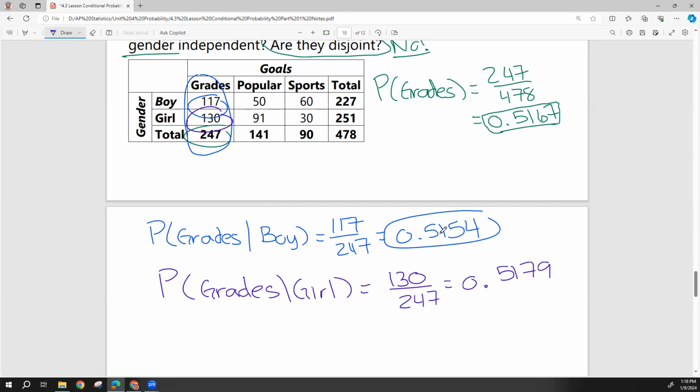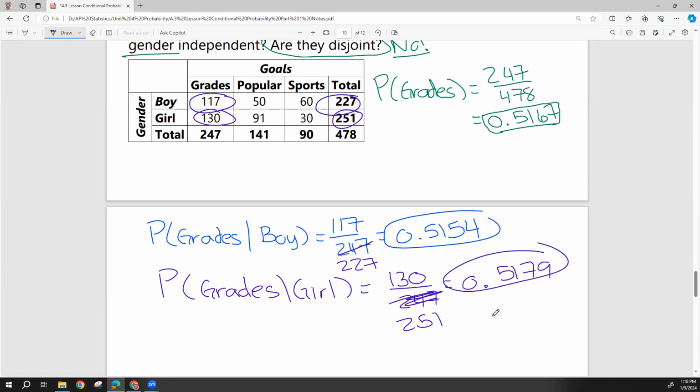Oops, I think I did this backwards when I was explaining. Sorry. If we're setting the condition of boys, we're looking at 117 out of 227. My calculation is still correct because I copied it off of my previous work. When I set my condition of being a girl, 130 out of 251 said grades was most important. And so what we end up with here, and please do ask if you need some clarification after that mistake,